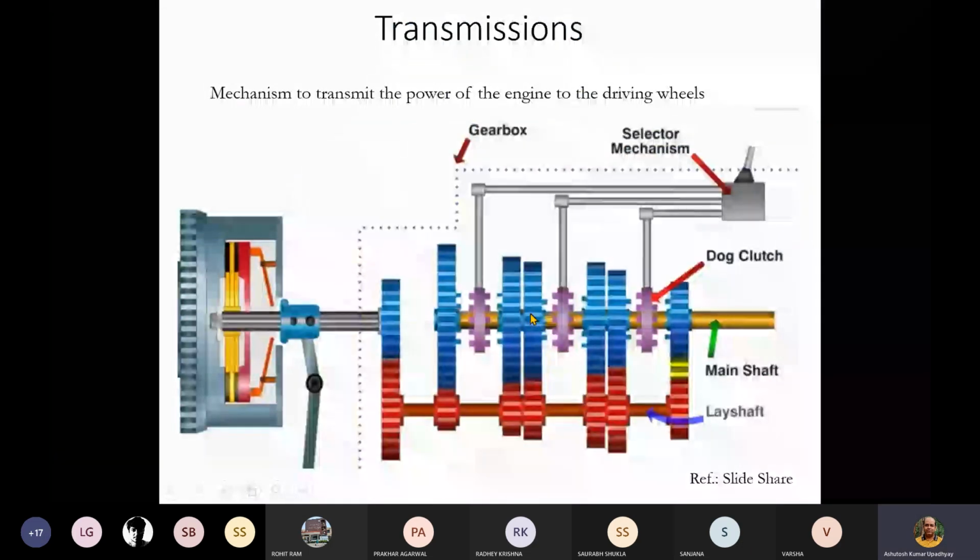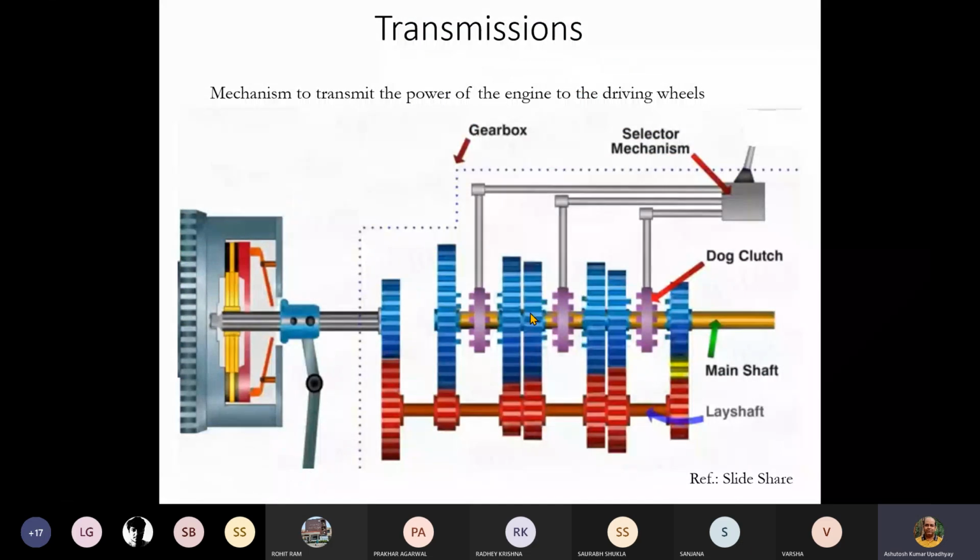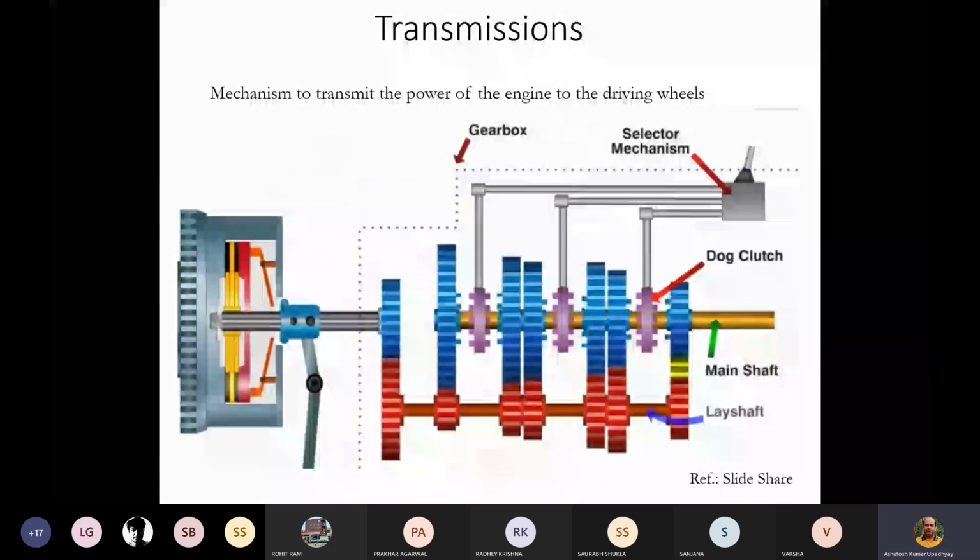Okay, so we will be starting with this transmission system. This photograph is possibly taken from slides here. I do not remember exactly from where it is taken, but what we are doing in this particular transmission system, if you see,